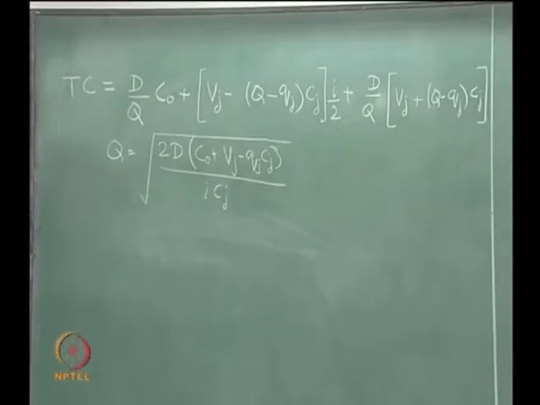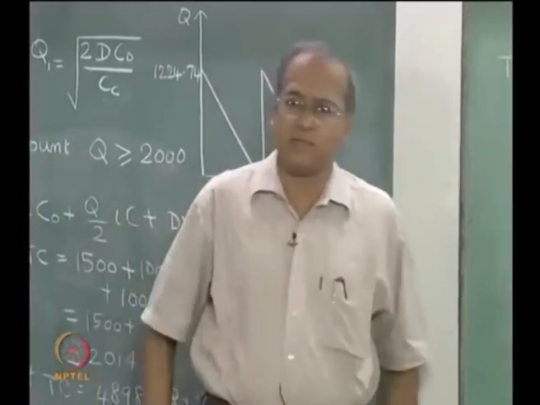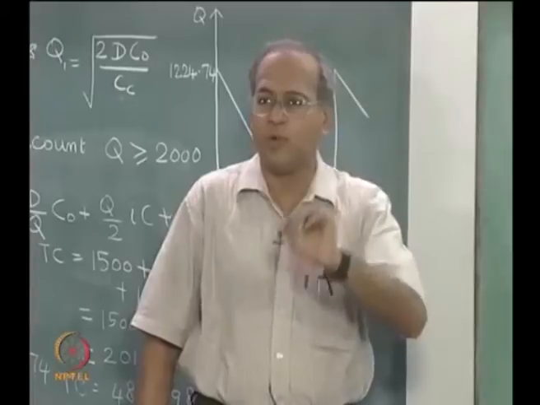Now, let me explain this a little bit, and it is also obvious that when we differentiate this with respect to Q, we are going to get this one. As I said, there are three components: an order cost component, an inventory carrying cost component, and a cost of the item component. Order cost is very clear, D by Q into C naught. Q is what we are going to order, so D by Q is the number of orders per year, and D by Q into C naught is the order cost. Now, what is the carrying cost? Carrying cost originally is Q by 2 into Cc.